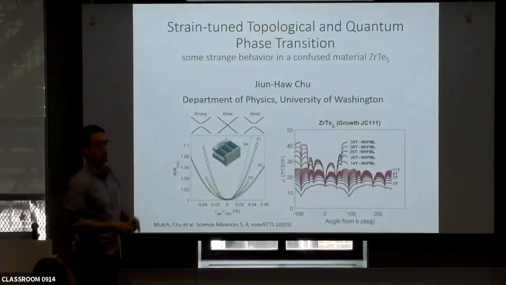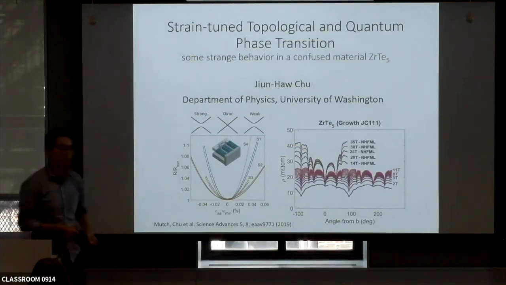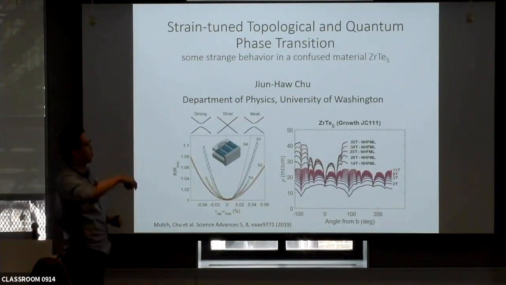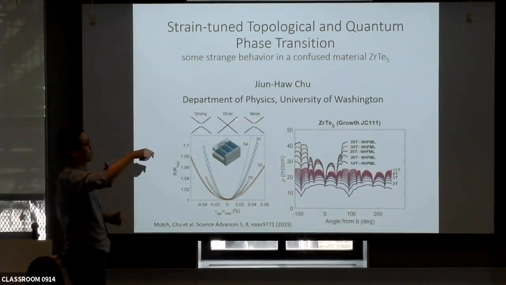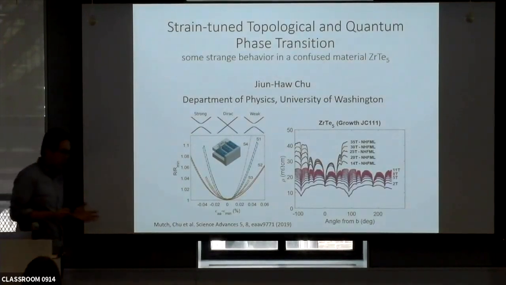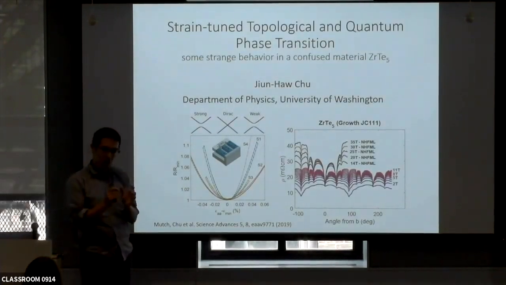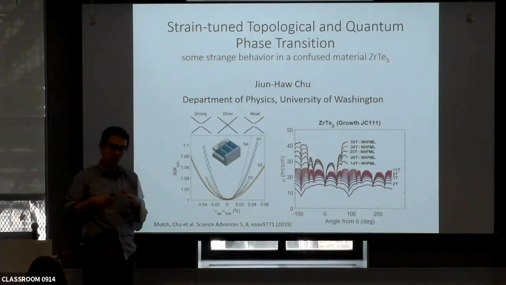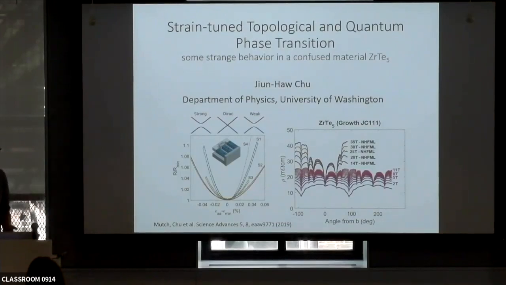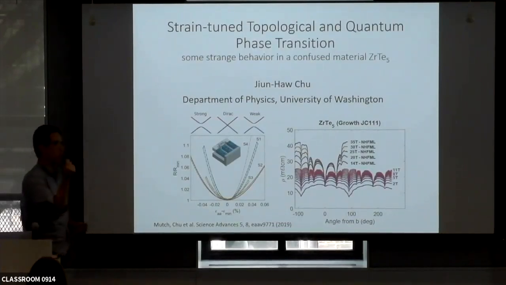For example, I hope at the end of the talk I can convince you that you can use uniaxial strain to go through that critical point and complete a topological phase transition, going from strong to Dirac and then to weak topological insulator. At the same time, just because it is very close to this topological critical point, the bulk band structure is also very interesting because it is just a Dirac dispersion with a very small mass, which can be tunable by this strain.